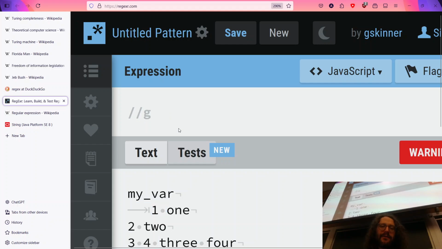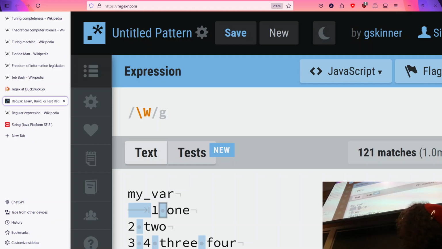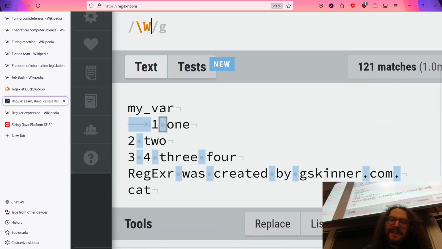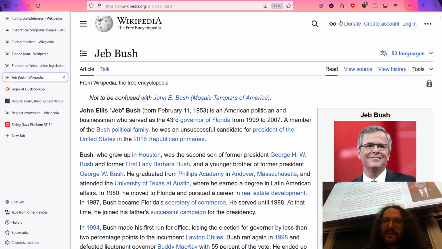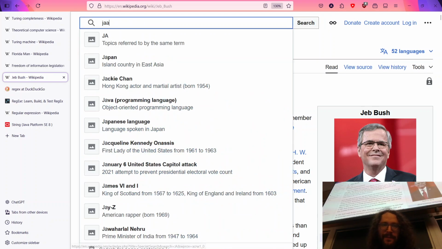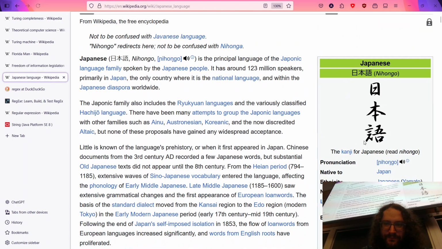Now, I mentioned there were 3 others, but they're actually the same ones, just inverted. So here we've got \w to match every letter character. But if you capitalize it, it will give the inverse. So over here, \W says everything that's not alphanumeric. So that's pretty much every space, but actually, let me go ahead and see for a second. Let's see Japanese, the Japanese language.